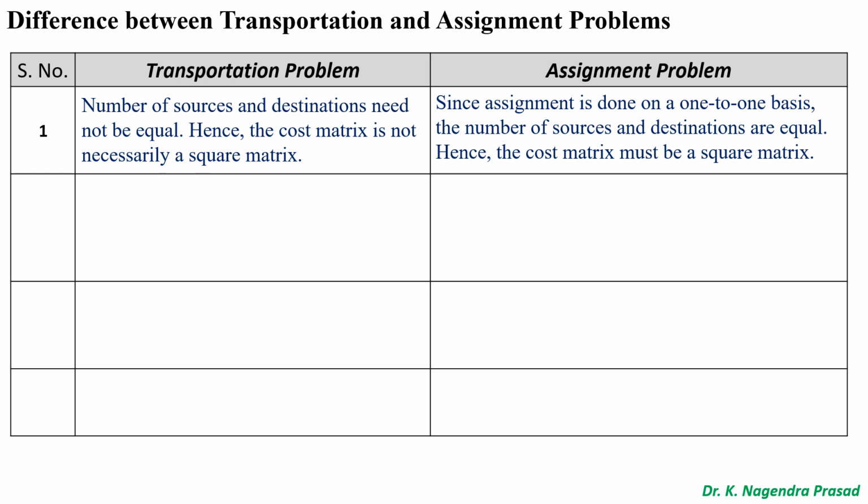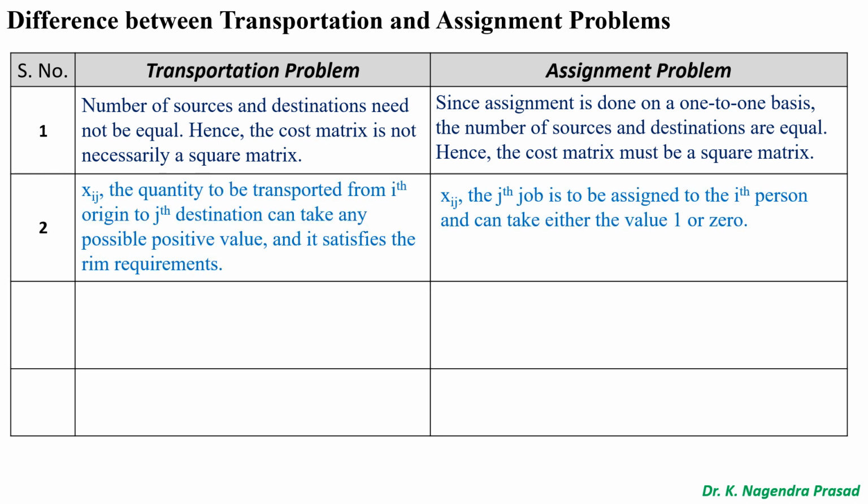But in the assignment problem, since assignment is done on a one-to-one basis, the number of sources and destinations are equal. So the number of persons should be equal to the number of jobs. Hence the cost matrix must be a square matrix. Second difference is the Xij, that is the quantity to be transported from the ith origin to the jth destination can take